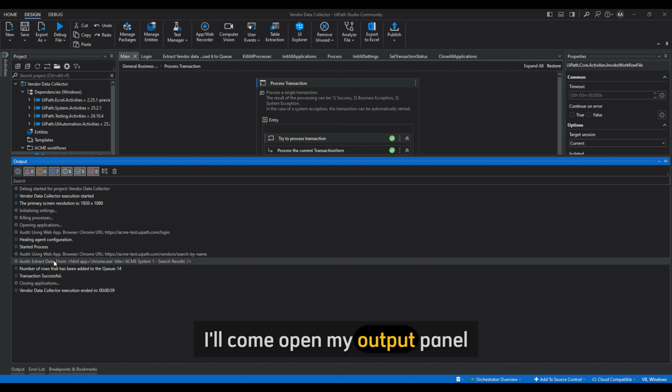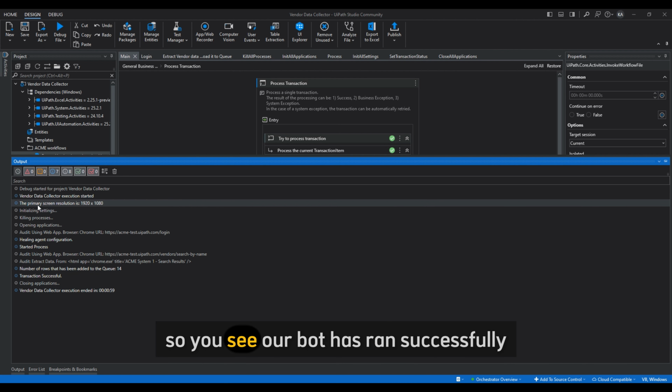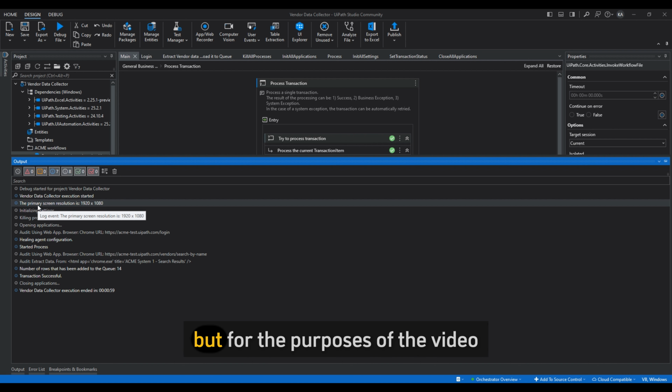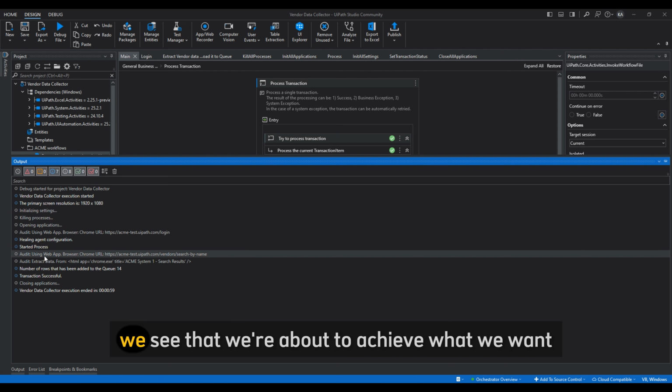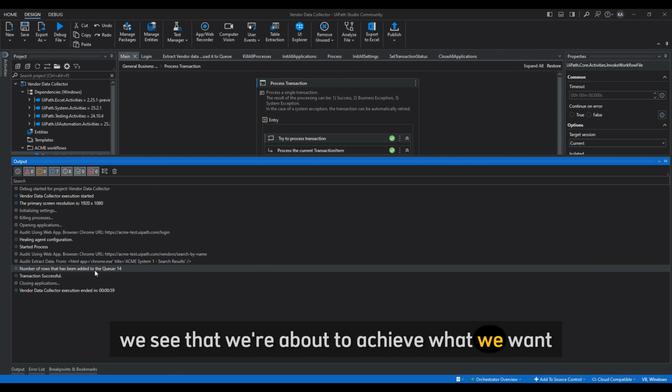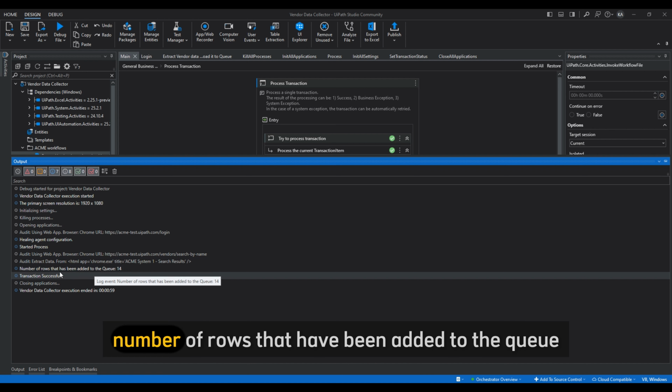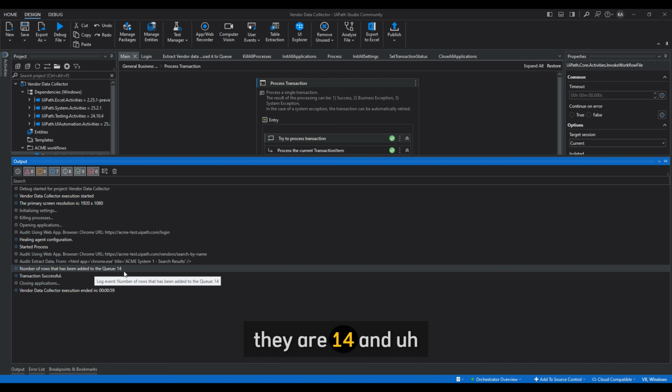I'll come open my output panel. So you see our bot has run successfully, though just a few things we're gonna tweak here, but for the purposes of the video, we see that we are about to achieve what we want. We're just now gonna investigate the output. So here it's telling us number of rows that have been added to the queue. There are 14, and